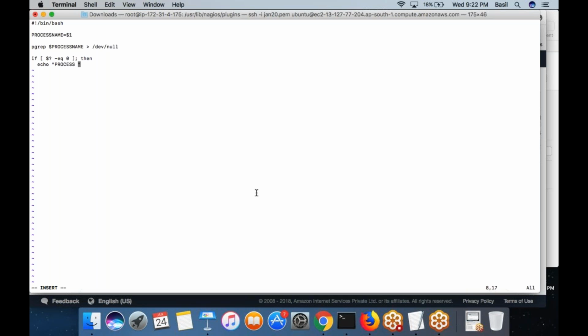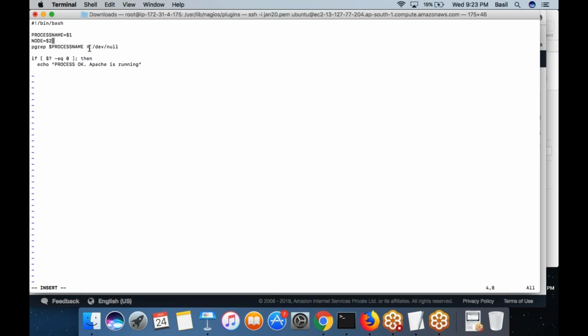The same script. Okay. One thing. So I got the process name. Then I also want the name of the machine which I want to monitor, and it is on that machine I need to run this pgrep command. So which server you want to monitor, or which Nagios node that you want to monitor. Node is equal to $2.